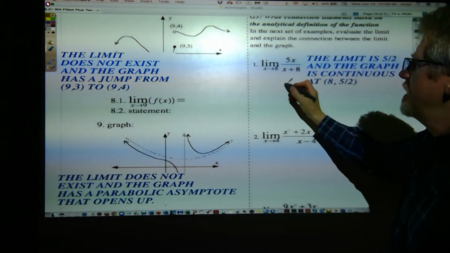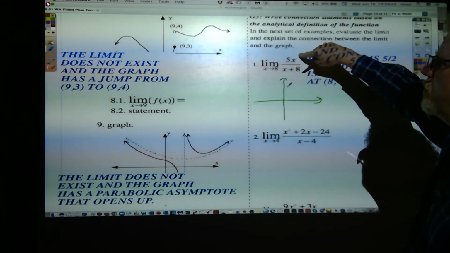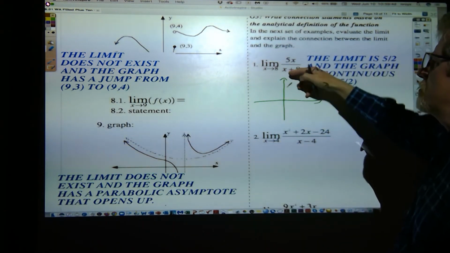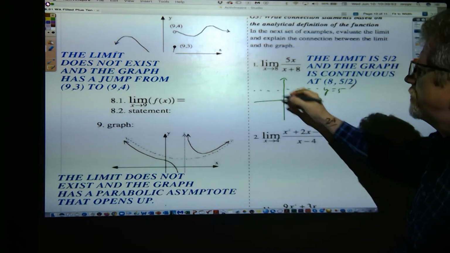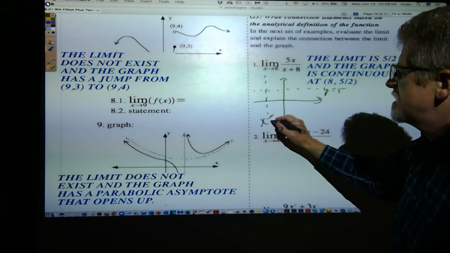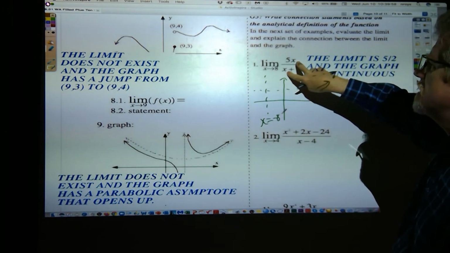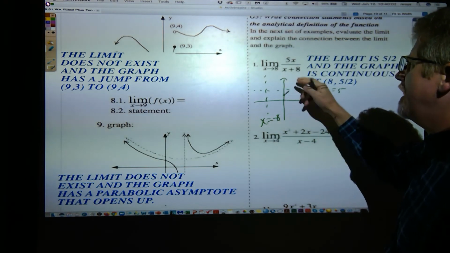In college algebra, yes, they taught you how to sketch graphs like this. The degree of the numerator is 1, the degree of the denominator is 1, so it's degree 1 over degree 1, the horizontal asymptote would be y equals 5. There's a vertical asymptote of x equals negative 8 because the zero of the denominator is negative 8. The y-intercept is found by putting a 0 in for x, and you get 5/8 for the y-intercept. The x-intercept,